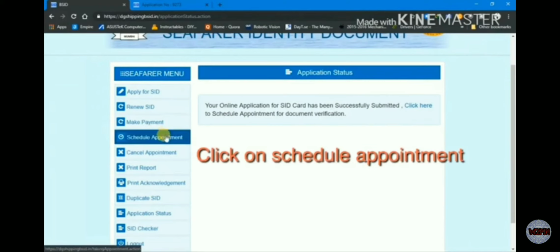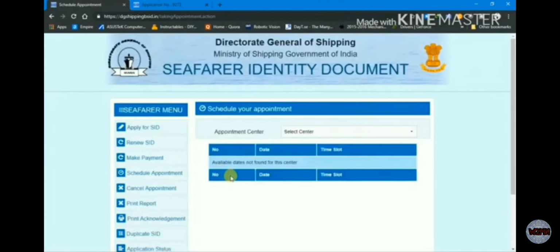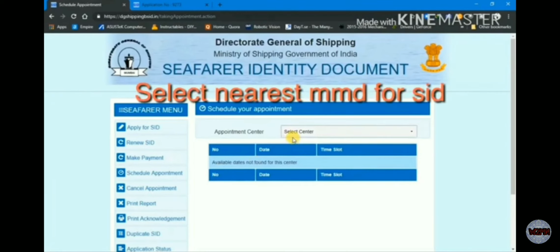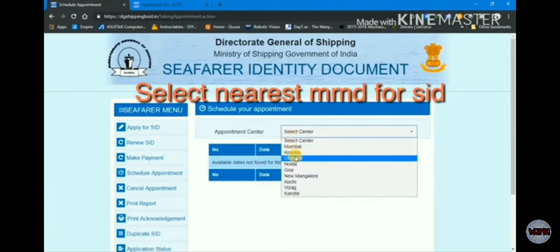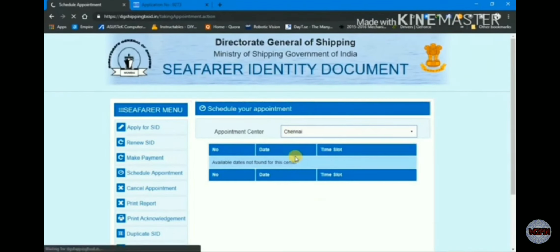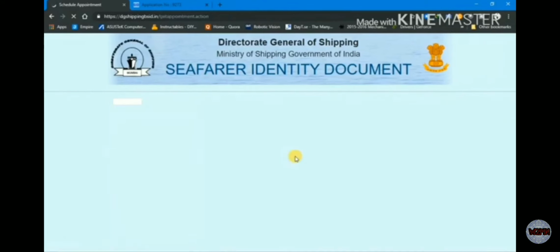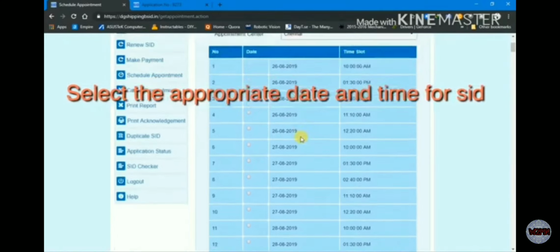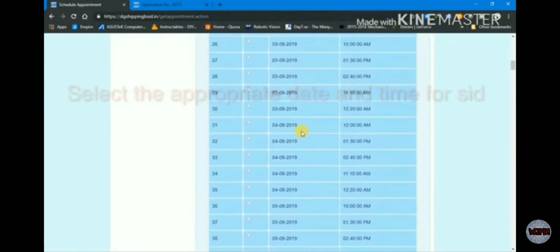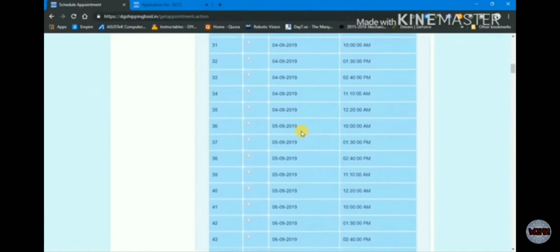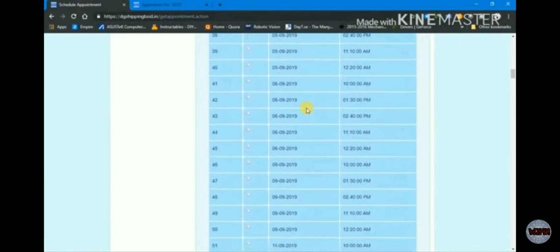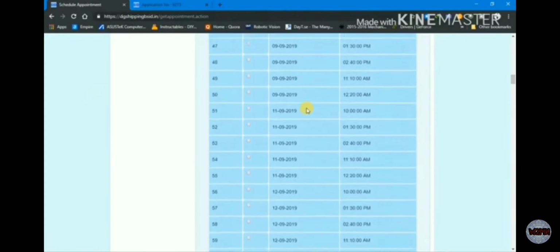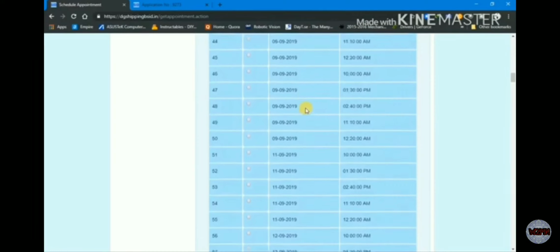Now go to the schedule appointment. Okay, and in appointment center, you can choose your nearest MMD, suppose here Chennai. Now you will get all the time slots and dates for the next 15 days. Suppose today is 12th, you will get the next date from 27th. So you can choose